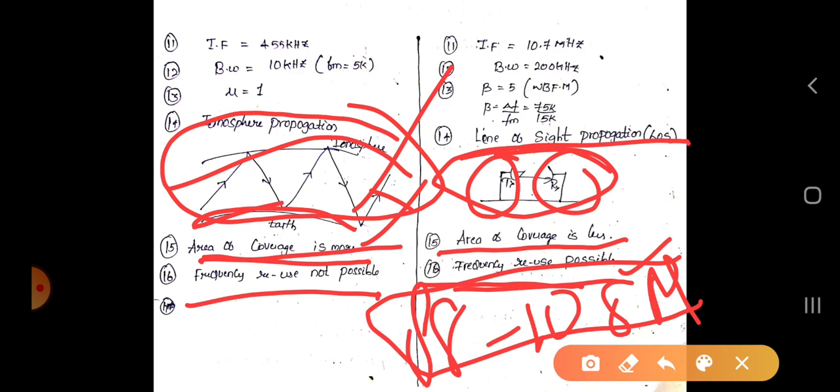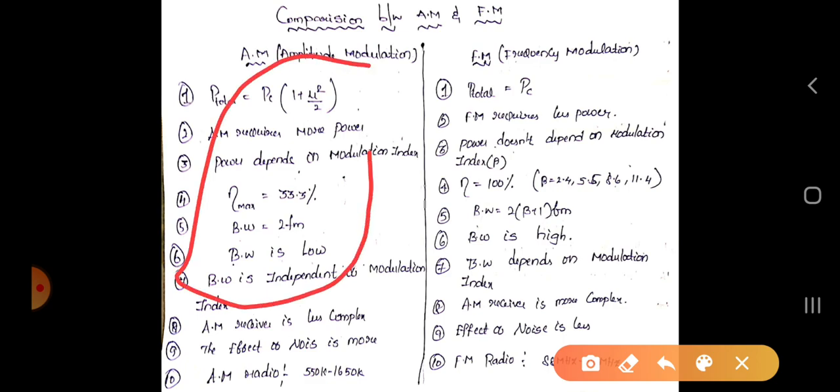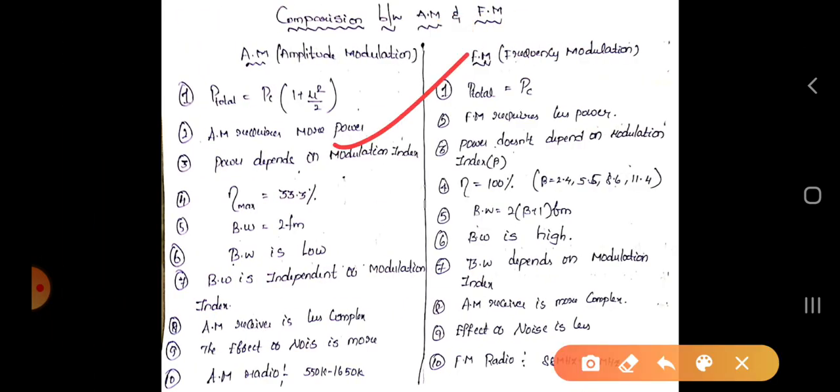This is all about the modulation, the types of modulation, and also the receivers. And I have to tell you that this comparison is very important. We can cover a large number of bits from it. I have covered 4 formulas here, and here also we cover 3 formulas. So this comparison is very important. So keep in mind, if there are 2 topics of similar kind, try to distinguish those 2 topics and learn from it, so that you can minimize your time also.